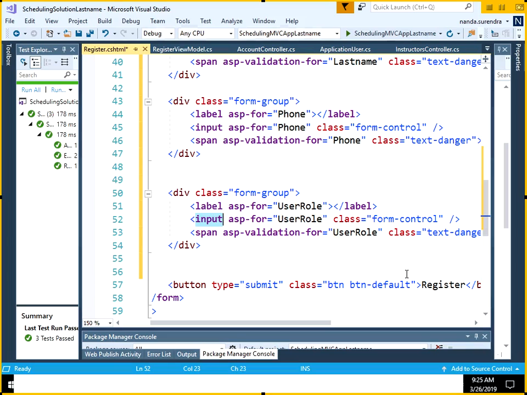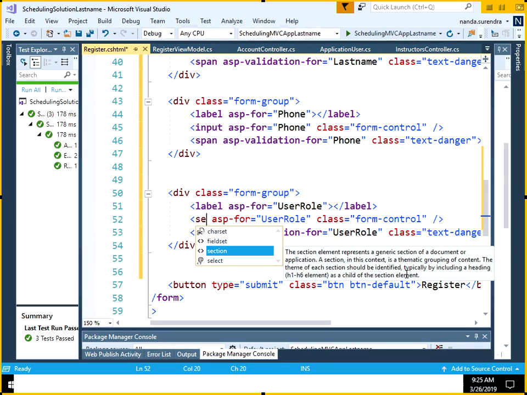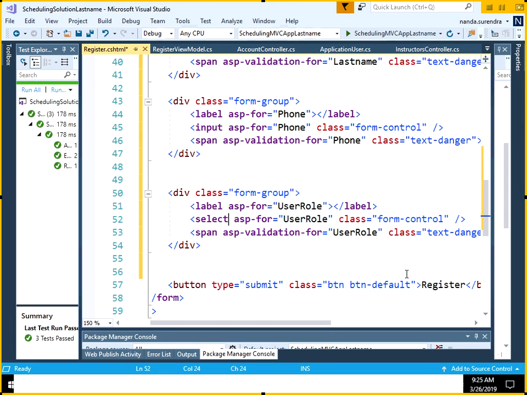Okay. Well, the view bag is for getting data from the controller, but on the HTML side, it is the select. So anytime you have a drop down list instead of a text box, you use select, and then